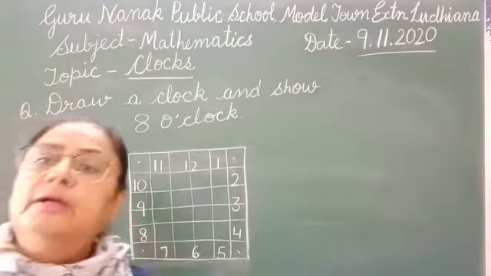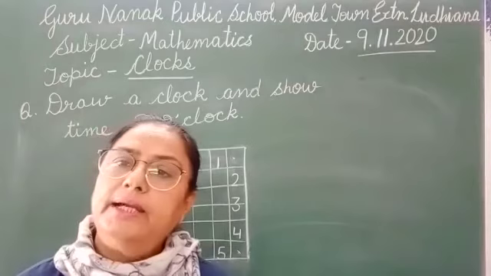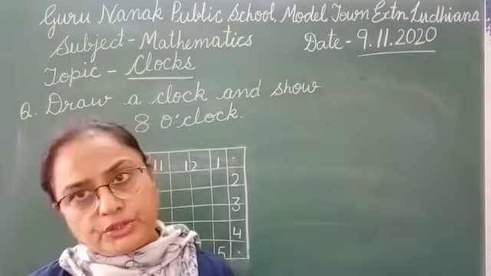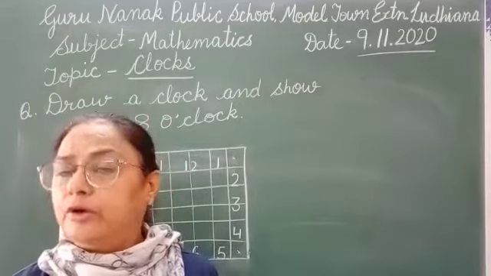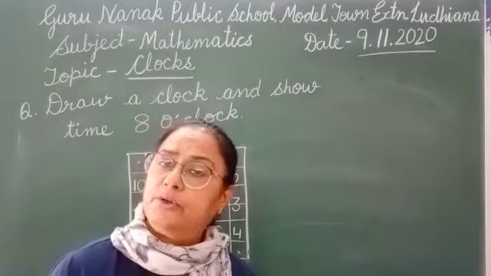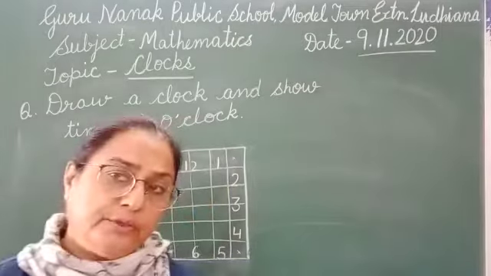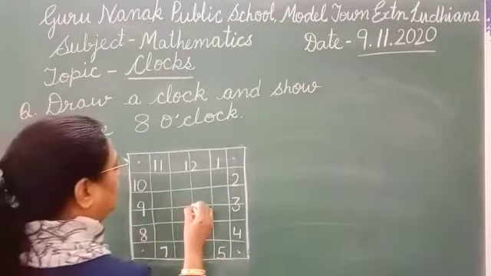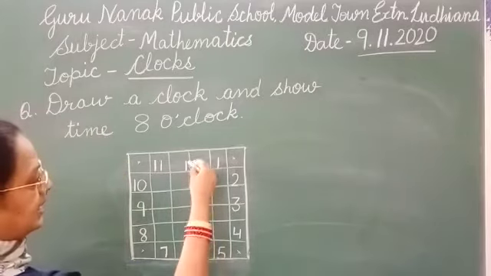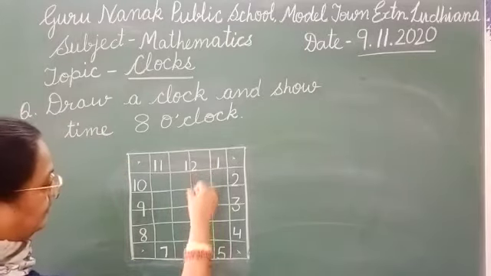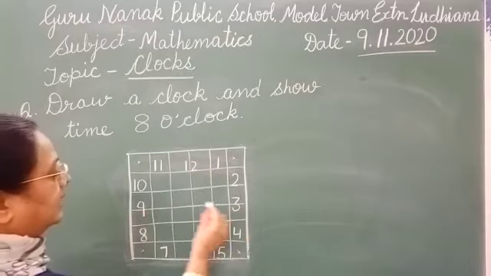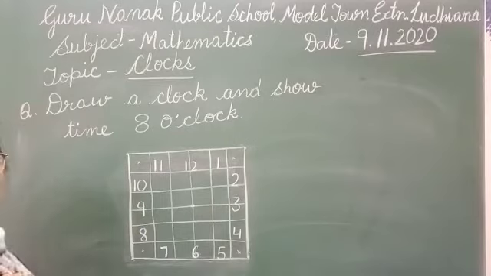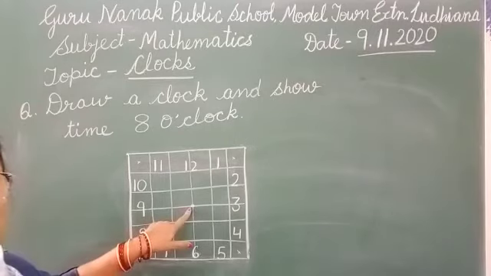Now we will draw hands. How many hands does a clock have? A clock has 2 hands, long hand and short hand. The long hand is called the minute hand and the short hand is called the hour hand. That you have done in blanks also. Now we will put a small dot. We will see here 6 and 12, and towards this 3 and 9, and take a center like this. Right? We have to put a dot in the center.